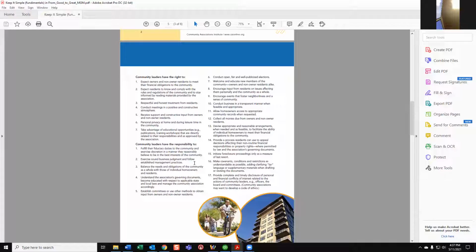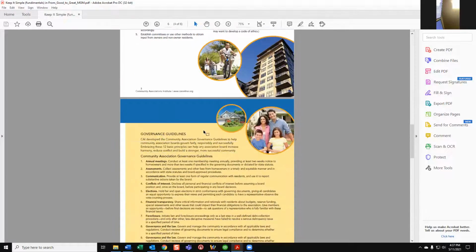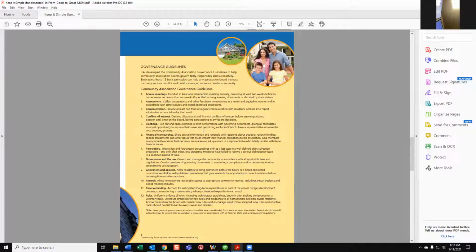If there is a need for interpretation, you're going to make an interpretation or a policy that's going to be written and always followed until it's changed by a different board. So there are responsibilities that the board members have to be in compliance with the governing documents, just like the homeowners are expected to do. Those are a couple of things in this document that I think is a fair thing to go over